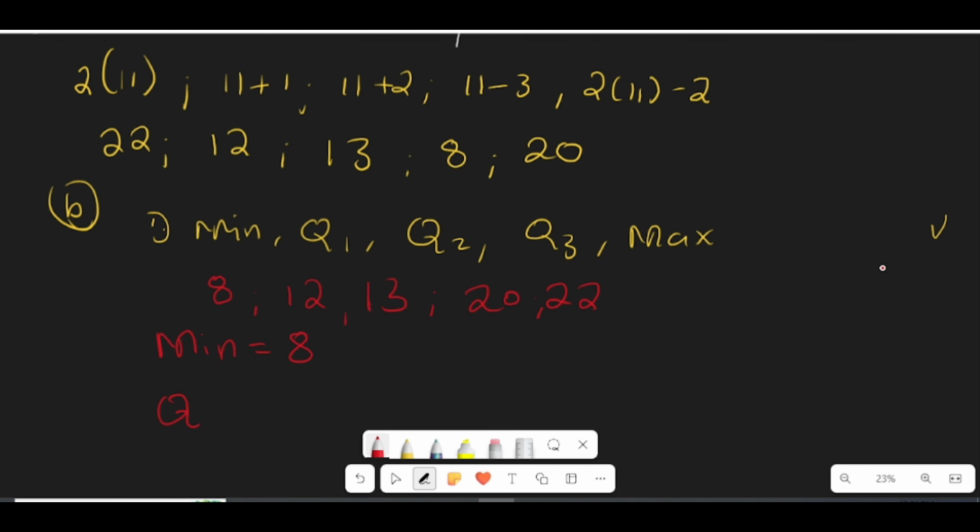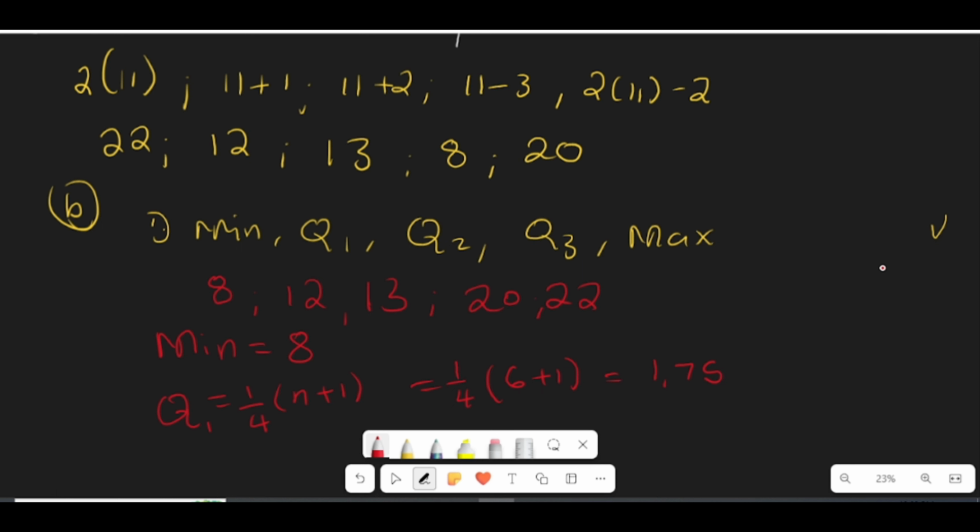Q1 in this case will be given by 1 over 4 times (n plus 1), where n refers to the number of terms. Therefore, when you substitute this, it is going to be over 3, 6 plus 1, close. We are going to have 7. The answer here is going to be 7 divided by 4,